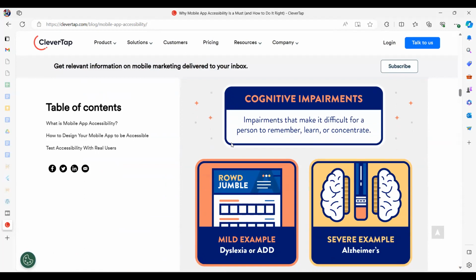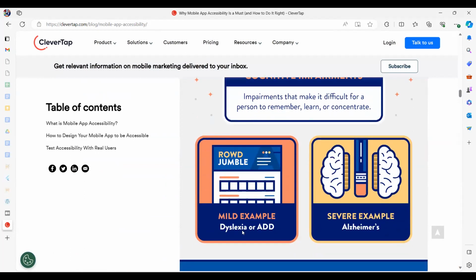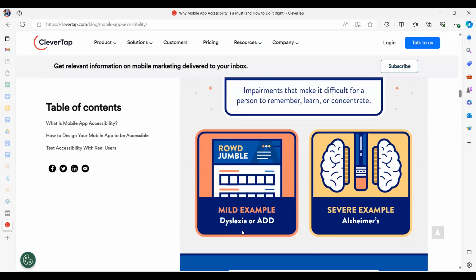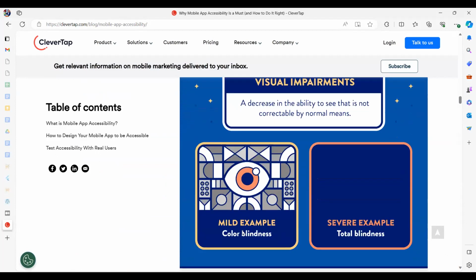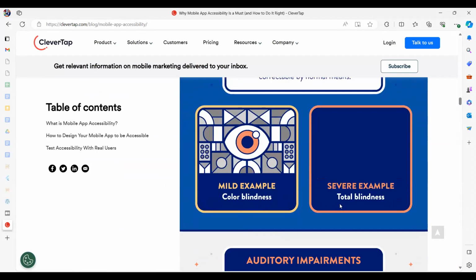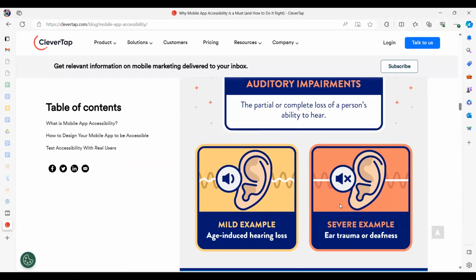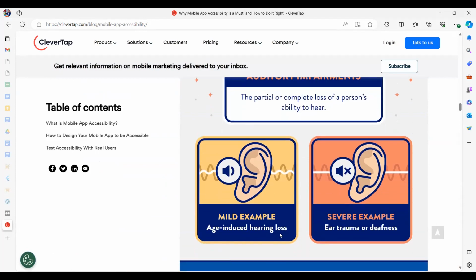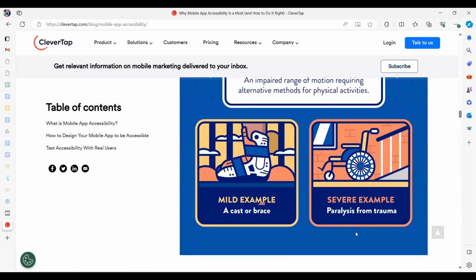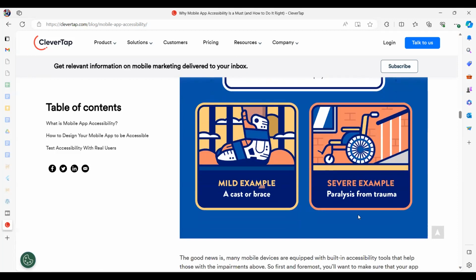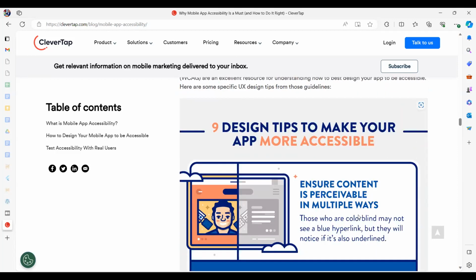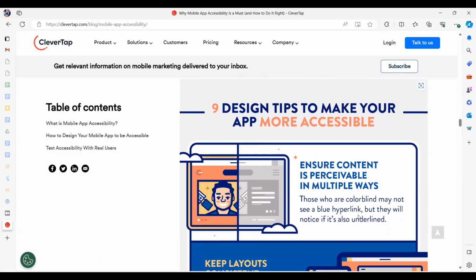Cognitive impairment, dyslexia versus ADD, Alzheimer's, visual impairment, color blindness, total blindness, then age-induced hearing loss or ear trauma or deafness. These are issues people are having, a cast or brace, paralysis from trauma. So how can you design something for everybody?